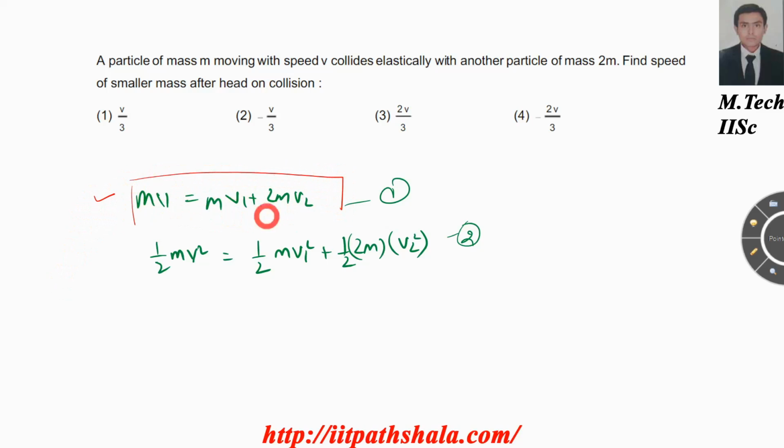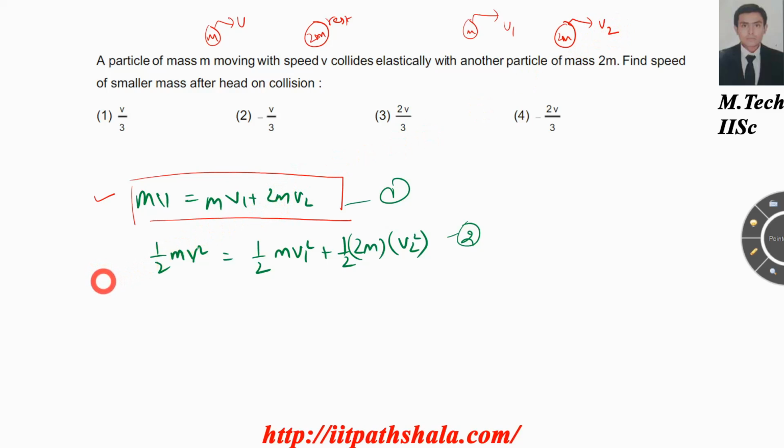You have to use the equation of conservation of momentum, which says if you have a particle moving with velocity v, mass m, colliding with a particle of mass 2m at rest. So that's your initial case: m into v, plus 2m into 0, because it is at rest. So initial is nothing but m into v. At final you have certain velocities for both of the masses. Let us say v1 and v2.